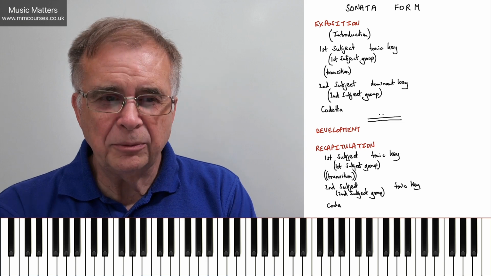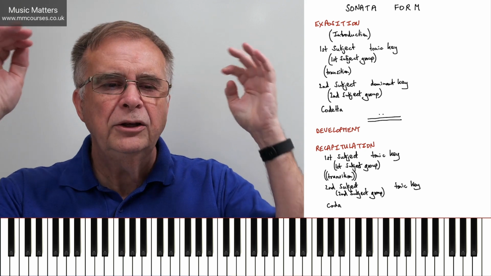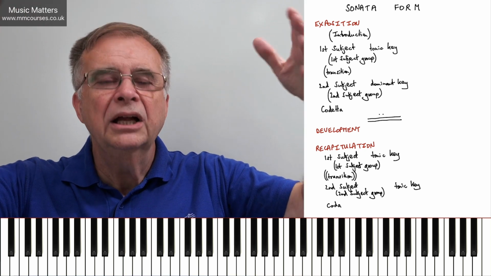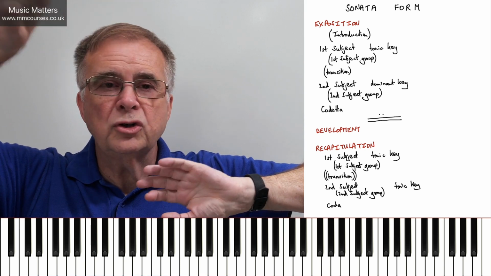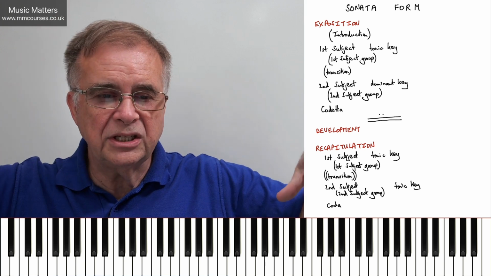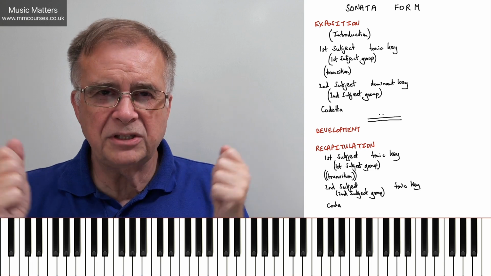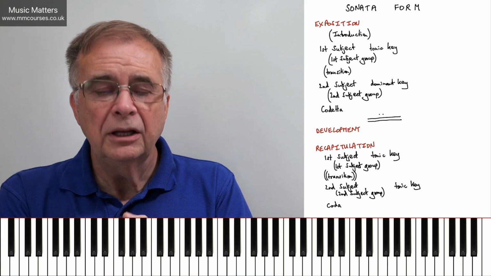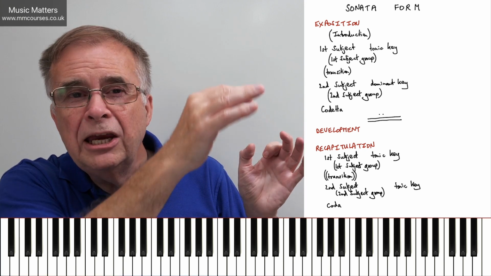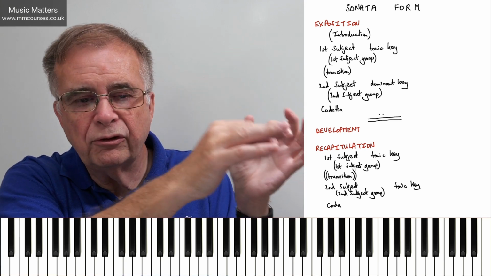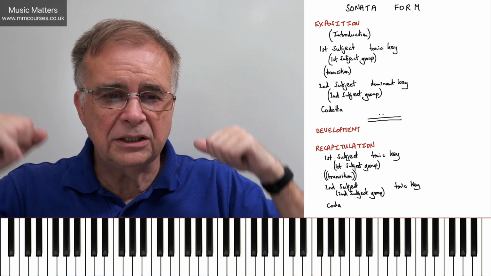And you see what's happening from the listener's perspective, just to pick up on something I was talking about a little earlier. You've heard the first subject or the first subject group. You've heard the second subject and the second subject group, and that's given us contrast in thematic design, contrast in key. We've then repeated the exposition, so the listener has had a chance to revisit all of that, begin to form a short-term memory at least of that. In the development section, the listener is hearing whole chunks of music or fragments of the exposition material being developed, so therefore it's recognized.